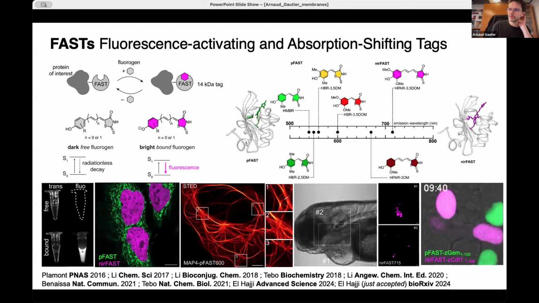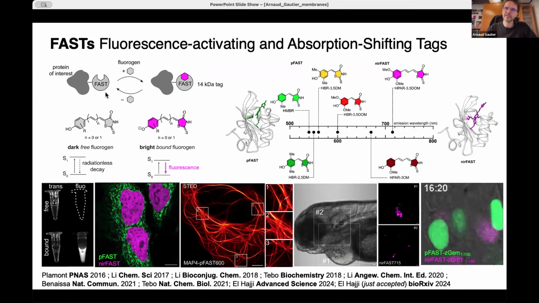fluorescent chemogenetic reporters we previously developed in the lab. So for almost 10 years now, we've developed a collection of fluorescent reporters, which are chemogenetic, composed of a protein part, which can be genetically encoded, and a synthetic part that provides the fluorescence. And these chemogenetic reporters can really be an alternative system to classical fluorescent proteins you might use, or also to self-labeling tags you might know, like SnapTag or HaloTag, which are used to covalently label proteins with dyes.